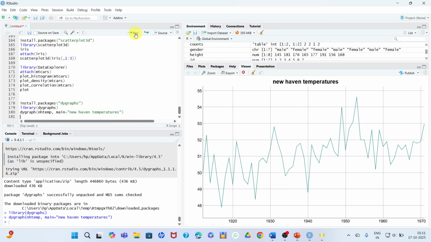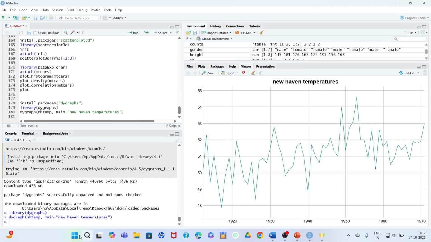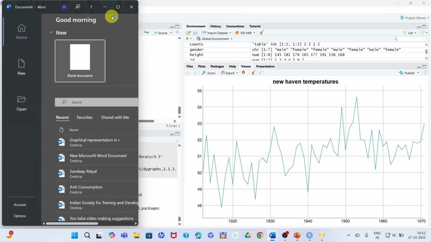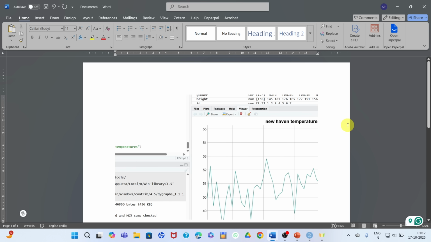Let's run. Here you can see that your dygraph is prepared, and you can save this chart anywhere. For example, you copy to the clipboard, copy the chart here, you go to your Word file, click here, and you can paste your chart here.